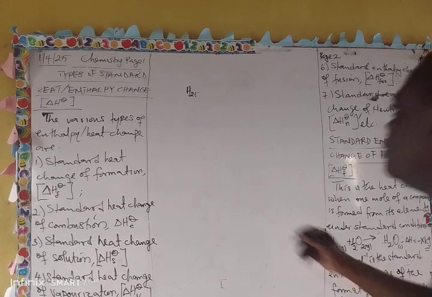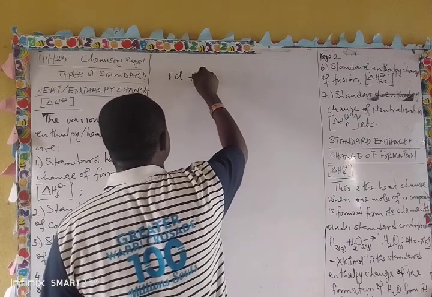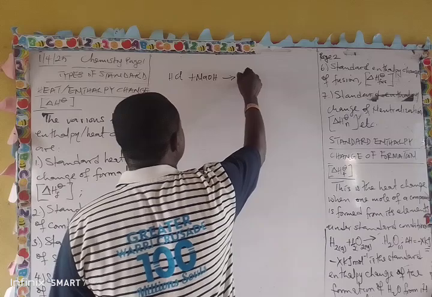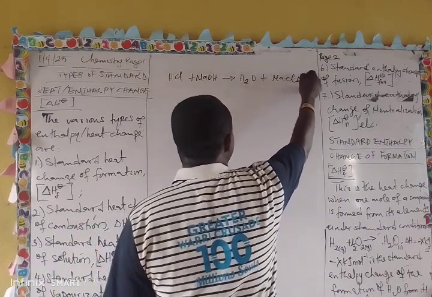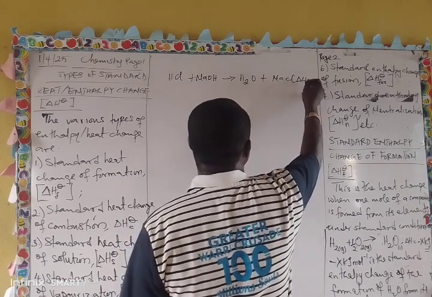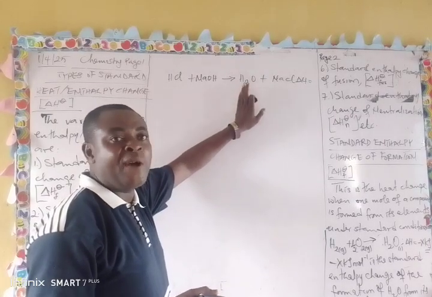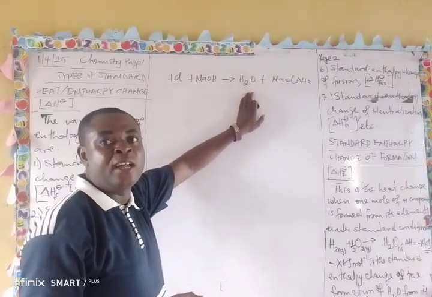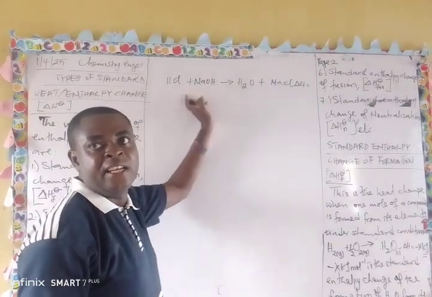So that is not the only way in which water can be formed. The examination may want to deceive you. Look at this one. When acid reacts with a base, water will still be formed. It forms water and salt, sodium chloride. This one is not delta H of formation of water, although water is formed. Why can we not say this is heat of formation of water? Because on the reactant side, it's not the elements we have here. It's not hydrogen and oxygen that are combining together. So that is why